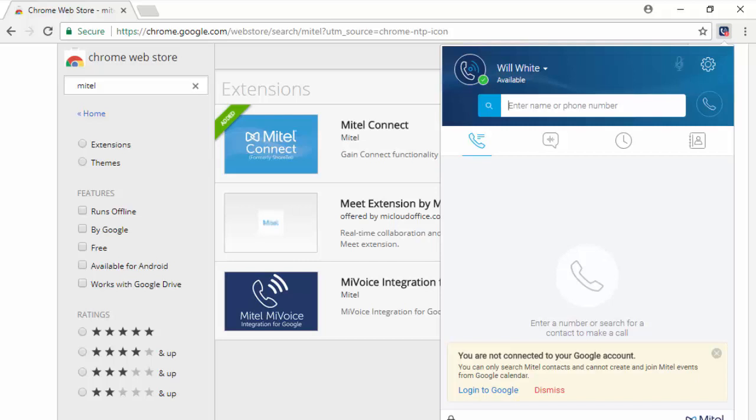And the first thing you see is that you're not connected to your Google account. So if you want your Google Calendar to sync to your phone, you're going to need to log into your Google account. Not a problem. We just click this button,